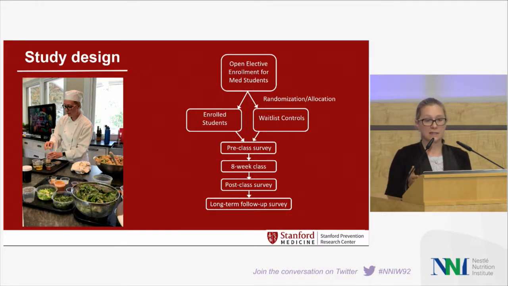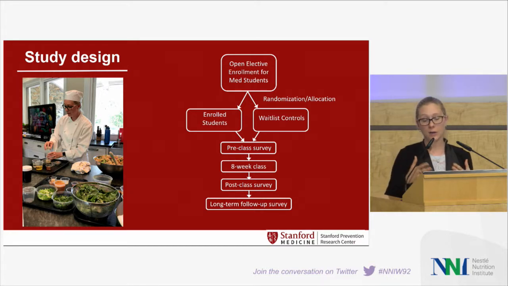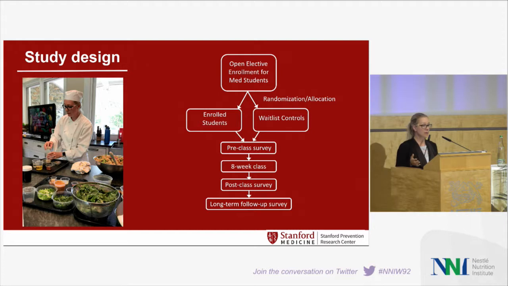And because when I did this, I was actually a postdoc, which I'm done with now, the only way I could rationalize spending my time with this, and I'm glad it was the case, was to run this as a study. And so for the first session, we knew there were enough people interested in the course that we could allow, and we explained to them that this was happening, allow more than twice as many students as would fit in the kitchen to enroll, and then we randomly allocated them to be students or be waitlist controls with the promise that if they were a control, they would get first dibs at taking the class the next time